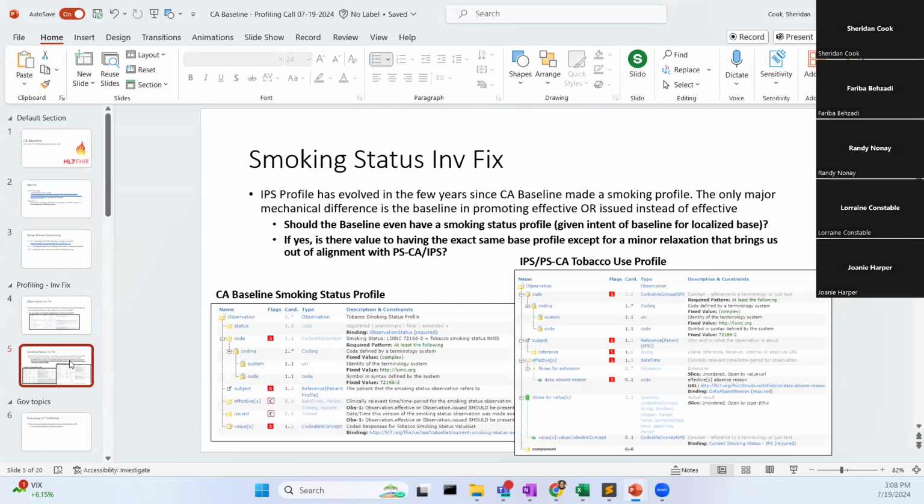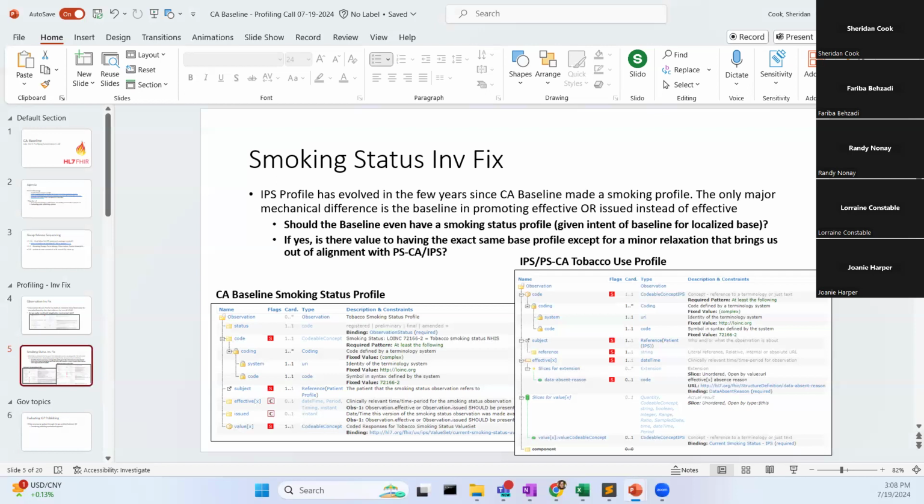So this is one of the things, as we're preparing for cleanup. I started to look at some of the errors coming out of the QA file and compare where they are coming from. One of the original warnings we were seeing was around the smoking status profile. In looking at it and trying to see whether we inherited this from the parent, or from IPS, I started to notice that we've become out of sync with IPS over time.